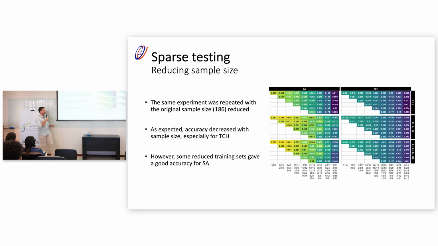And we even reduce a bit more the training sample size. We started with 186, which is 1/6, and we reduce it until this limit, which is 72 phenotypes. So we would expect the accuracy to decrease because we are reducing the sample size, but we found that, for example, here for sugar, we have some local maxima here. This is really interesting. This 12-0, meaning 12 non-overlapping lines, is predicting better than, I don't know, 16-14, like scenarios with more data. And this is across 10 replicates, so there must be something there.